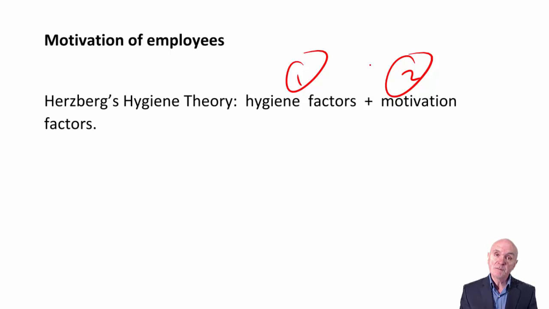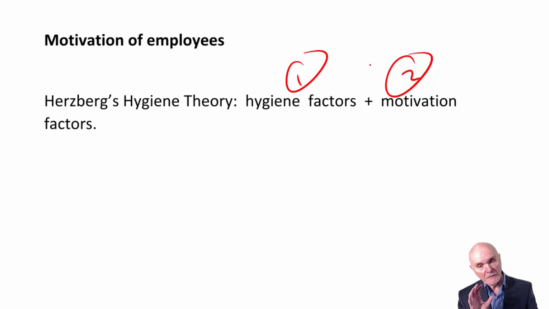The working conditions must be reasonable. Reasonably heated, reasonably ventilated, not too much noise, not too much dust and smoke and so on. You must have reasonable working relations. If you go in and you're always in a state of war with your boss and your colleagues, that's just going to be obsessive. You must feel that your pay is reasonable, that you're not being exploited, and so on. So fairness, reasonable conditions, reasonable wages and so on, you have to get right. If any of these is wrong, this will become such an issue with you that nothing else will work.